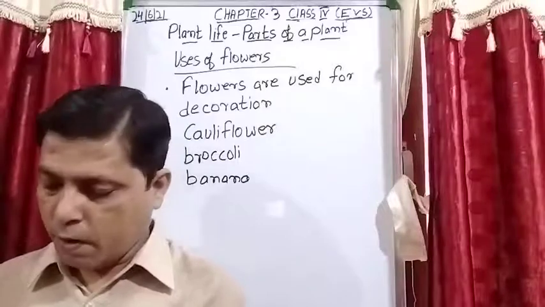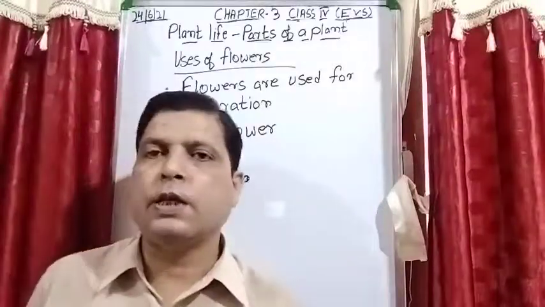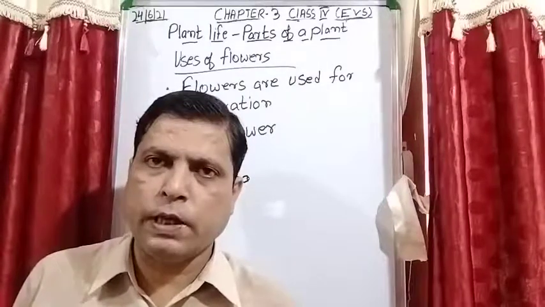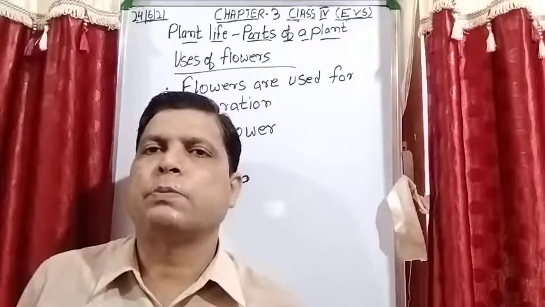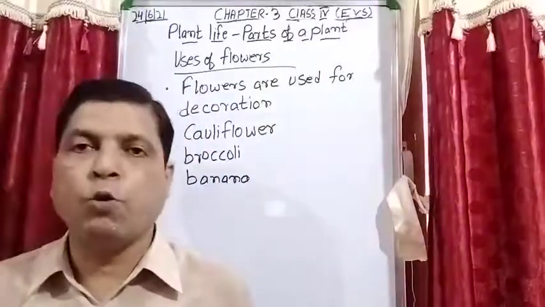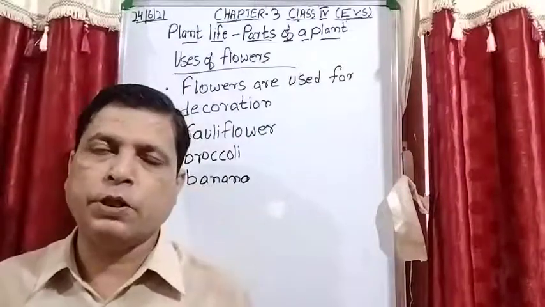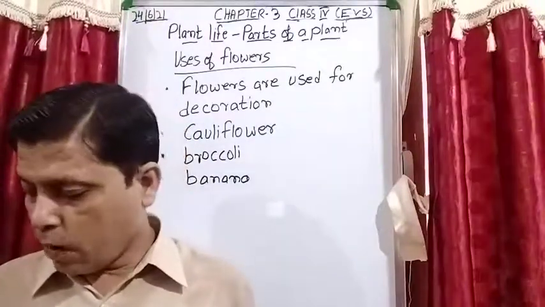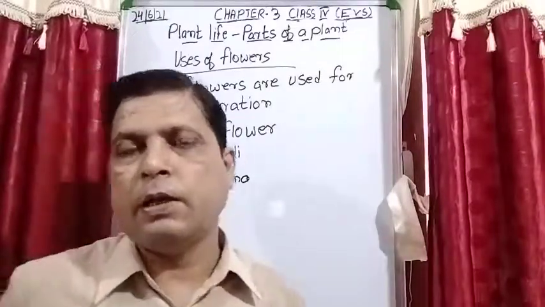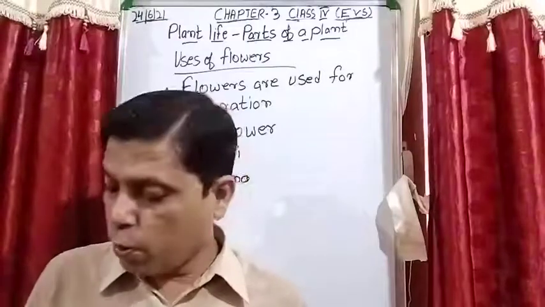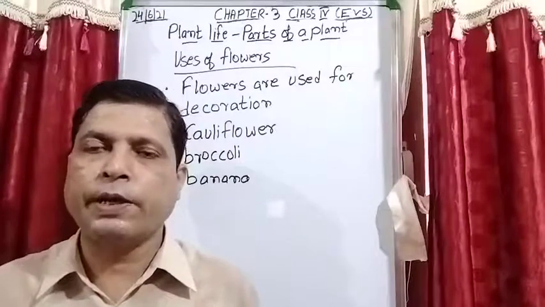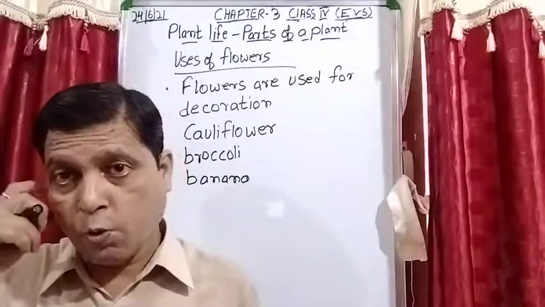Next, third point, few spices. ठीक है. So spices जो मसाले किचन में आपकी मम्मी लोग यूज करती हैं, so you also get few spices with the flowers also. Is it clear? Few spices like clove, किसको कहते हैं? जो लौंग होता है बेटा. ठीक है. So clove and saffron are obtained from the flower of a plant. केसर भी मिलता है, फूलों से ही मिलता है. ठीक है, उनको ड्राई करके. And cloves are dried flower buds. ठीक है, फ्लावर के बड्स को ड्राई करके what we get, cloves.